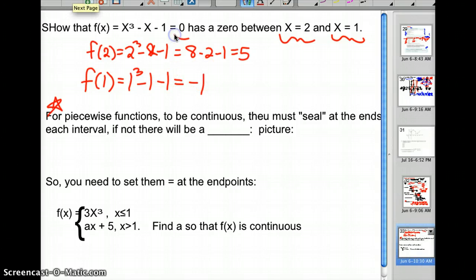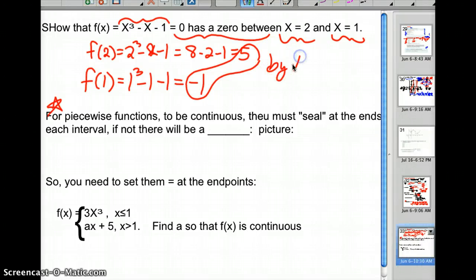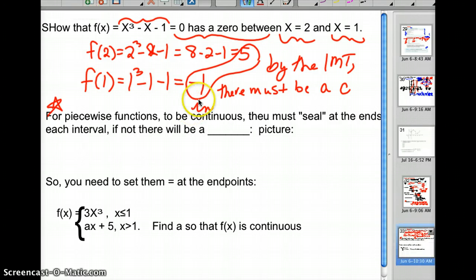And I'm supposed to explain why there's a 0 between those two. Well, it's kind of obvious. If I drop from 5 to negative 1, I must have gone through 0 at some point. So the y value must have been 0. And this is a continuous function. It's one of those polynomial functions. So you would say by the IMT, intermediate value theorem, there must be a number, or let's call it a c, in the interval from 2 to 1, such that when I do